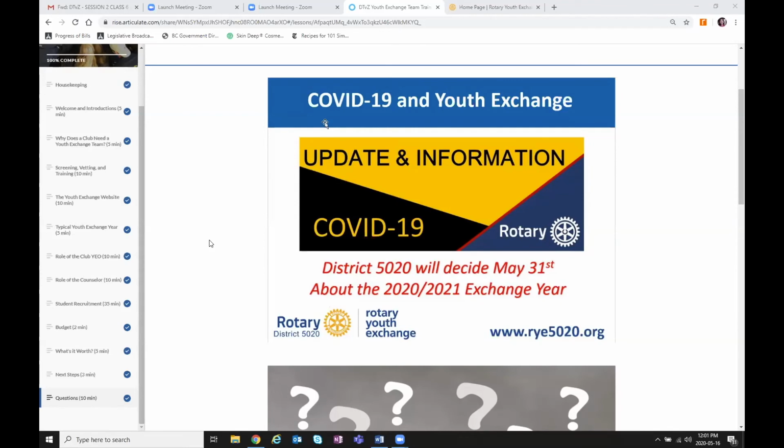Rotary International is doing a risk assessment. The RI board is meeting the first week in June to make a decision on the youth exchange program for the coming year. In Western States Student Exchange, a group that we're a member of in the Western United States, at this point, 6 districts have said they are not going to exchange. The other 12 districts are going to make a decision late May, early June.